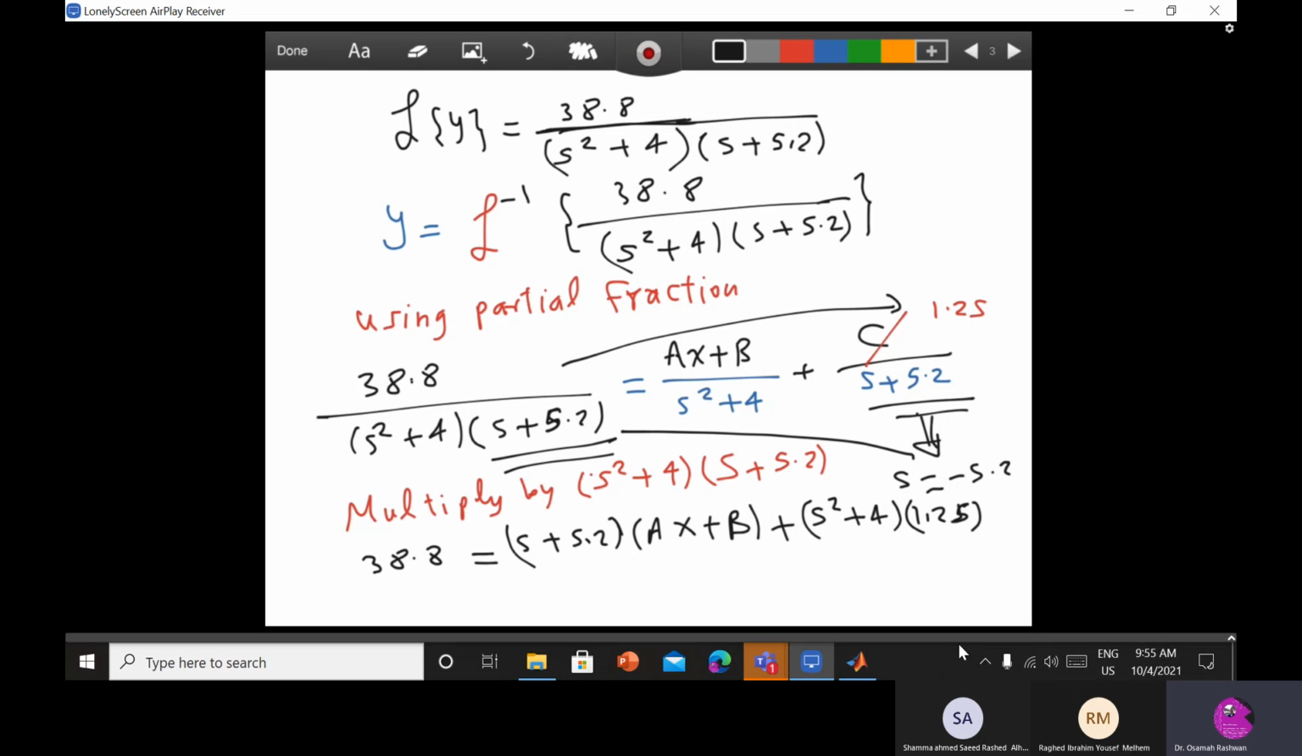Now I would like to have A and B. So I need two equations. So I have to substitute S by values. The easy one to do, you put S equal to 0 to get rid of A and you find B. So you put S equal to 0 in both sides. So what do you have in the left hand side? You have 38.8 equal to, this is 0, so you have 5.2 times B, right? Because S is 0. Plus